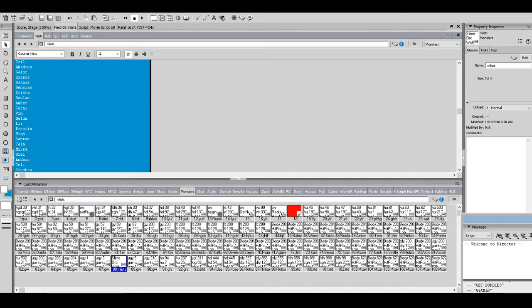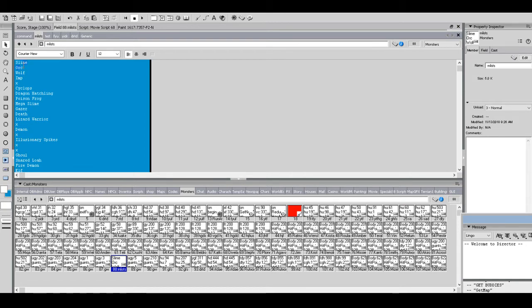So number 2 has a body value of 31. That's an orc. So we go back to our list. Is orc number 2 on the list? Orc is number 2 on the list. It's the second on the list. It's also the second cast member. That's how it links